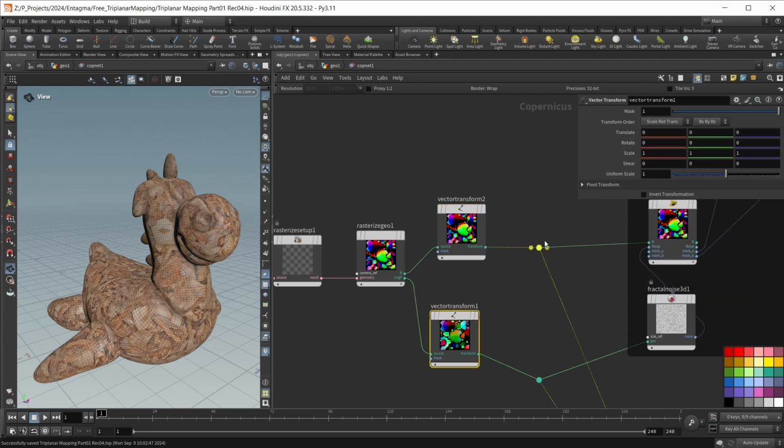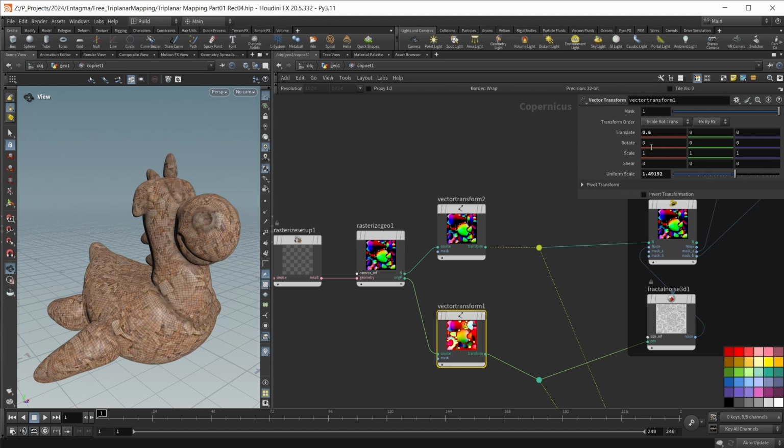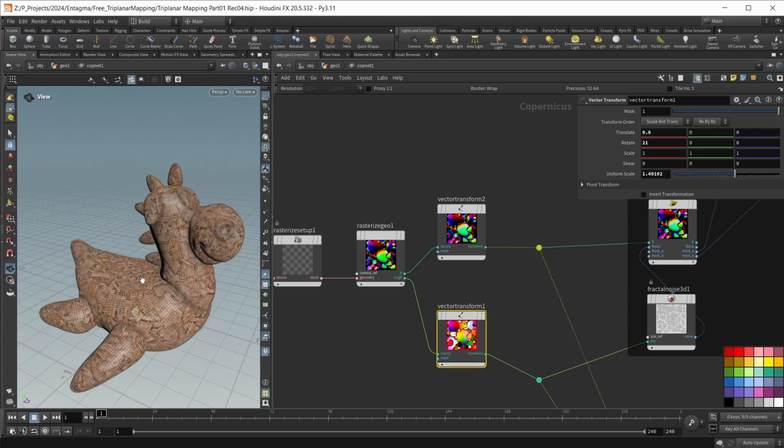And what I can do now is simply go in here to my bottom vector transform. And for example, move my texture along the x-axis, maybe make it a bit smaller, and also rotate it. And all my mask and everything else should react accordingly. So this part is done, and the second part that I want to change in here and the last part